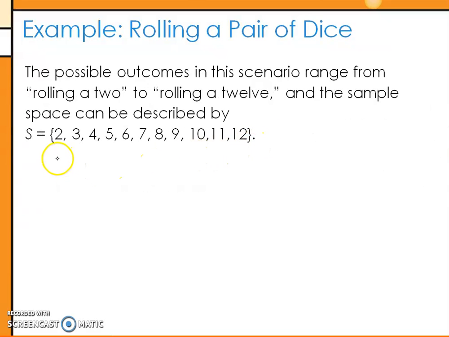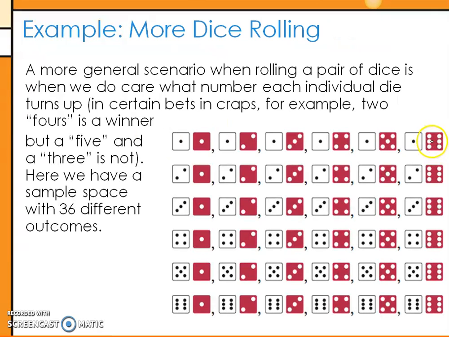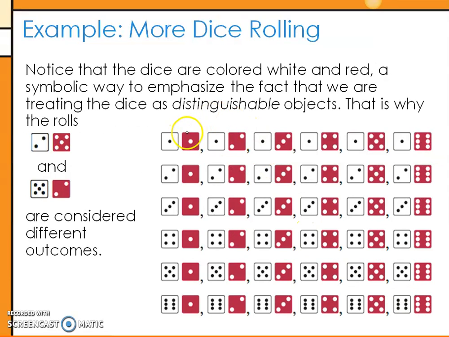So here's our sample space, same thing we just came up with. All the different sums you can get from 2 dice. Now here's what it looks like to write down your sample space being what actually happened to each dice. And so notice there's 36 different outcomes here. I could start all the way from a 1 and a 1 and end up all the way at a 6 and a 6. So that's a lot larger of a sample space.